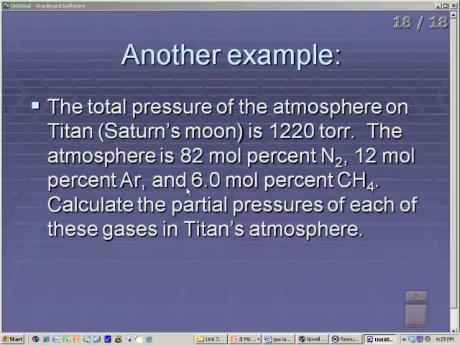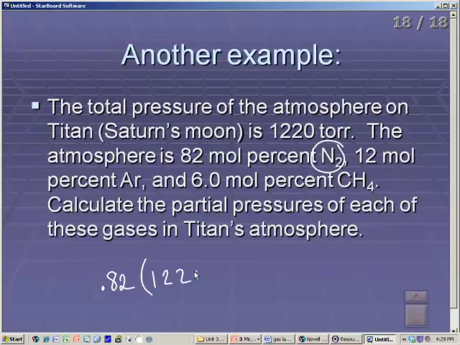So I'm going to do the partial pressure for the nitrogen. All you have to do is take 0.82 because that is the molar percent. They make it so easy, and then you times it by 1,220 torr. So I'm going to do this on my calculator. Again, this is the partial pressure of nitrogen. So here we go, 0.82 times 1,220. That's going to give you